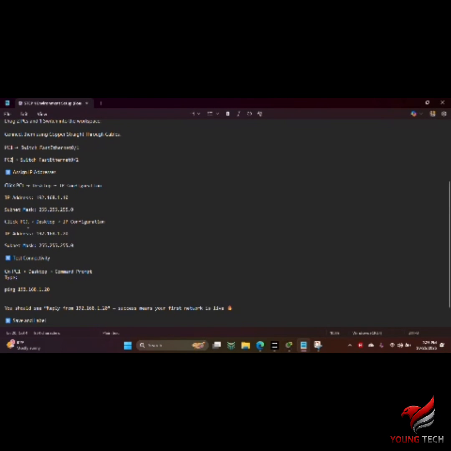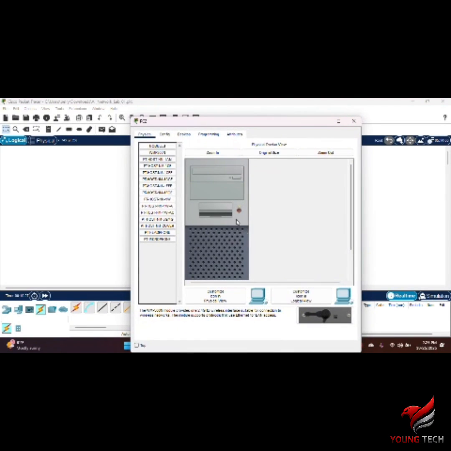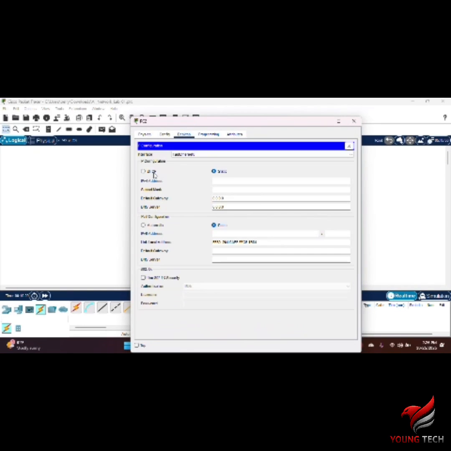All right, so we assign the IP address to PC1, okay, and we're going to go to PC2 now. So we're going to hit on PC2, go to Desktop, go to IP Configuration, and we're going to do the same concept, but instead of 192.168.1.10, we're going to put 192.168.1.20,